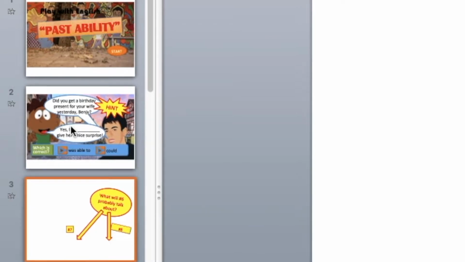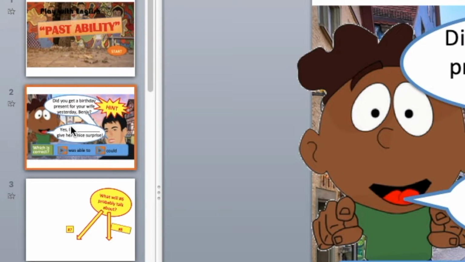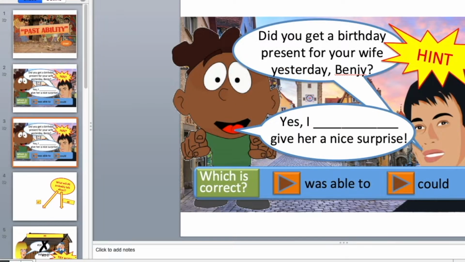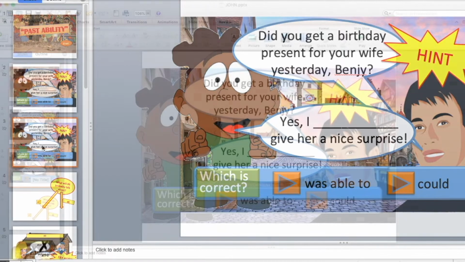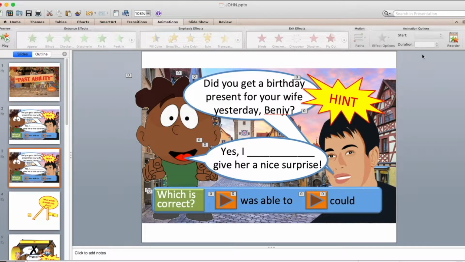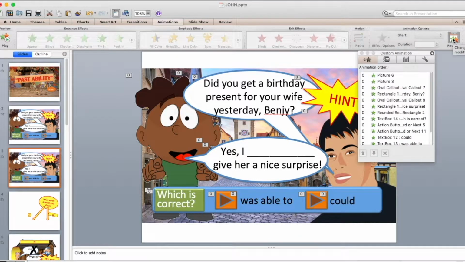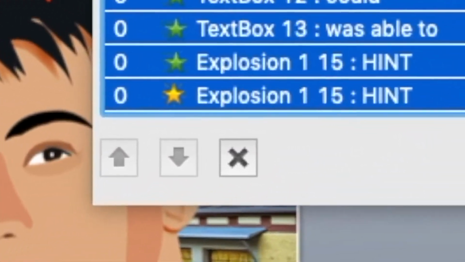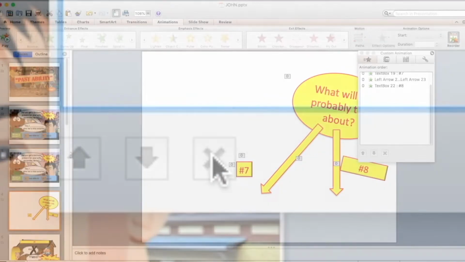Instead of moving on to slide 3 immediately, I want to go to slide 2, go to it on the left-hand side where the slides are all in sequence, click on it to highlight it, and copy it and simply paste it back in so that we have slide 2 in there twice. Of course, the new slide has all the same animations as the previous slide had, and I want to take those out. I use Control-click or right-click to select them all and delete.